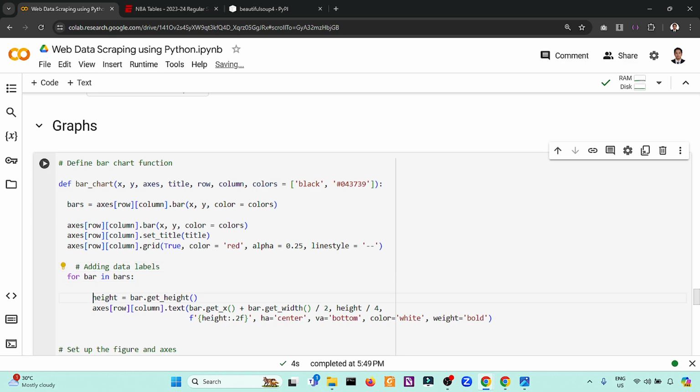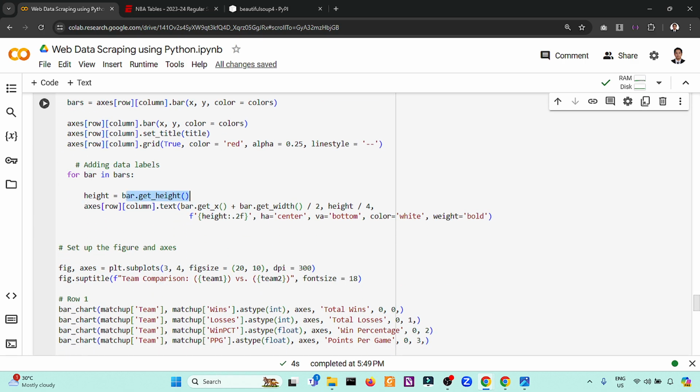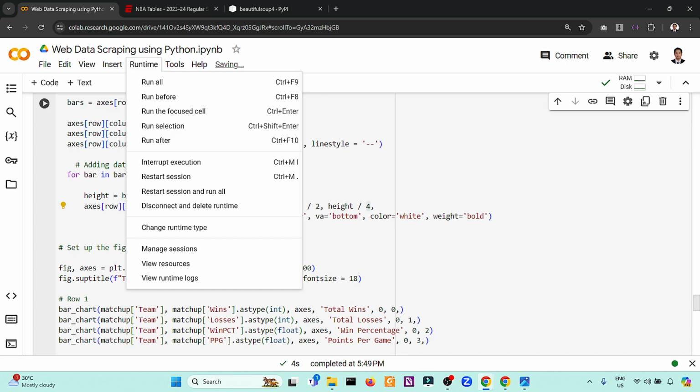So for bar in bars, you compute the height of each bar, then you access each specific row. If it's index now 0, 0, you get the x-axis and the bar width. If you divide it by 2, it's centered on the x-axis. And the height, if you divide it by 4, that will be the position of the text.